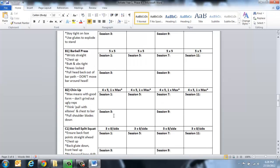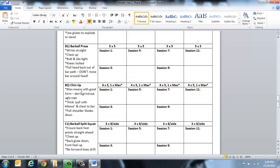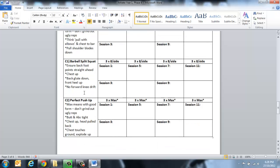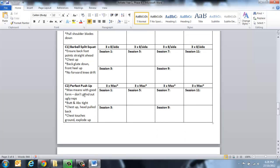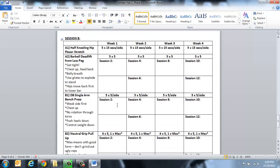So you can see in that first one we've got a big movement, big lower body movement, hip dominant pattern, the back box squat. We've got a vertical press, a vertical pull, a single leg stance movement, and a horizontal press. Now that is more pressing than pulling, and we typically want more pulling in this, but 2 things. A, he does have a lot more pulling in his warm-up, but also in his session B, we changed that